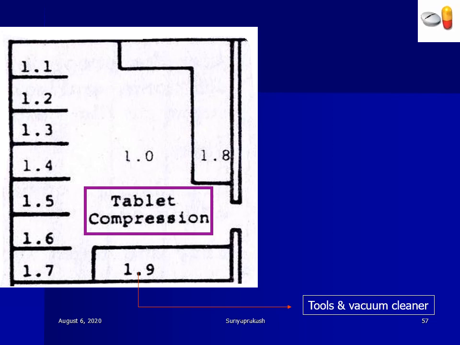Then you compress the tablet from that compression machine. That compressed tablet should go for coating, or if coating is not involved, then it should go for phase studies, clinical testing also, phase 1, phase 2, phase 3, phase 4 trials. Do you understand the importance of this pilot plant? It should go there for phase trials, right? So which machine you want to use, standardize that compression machine. This will go there.